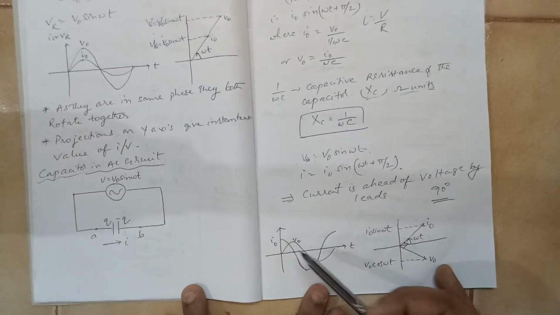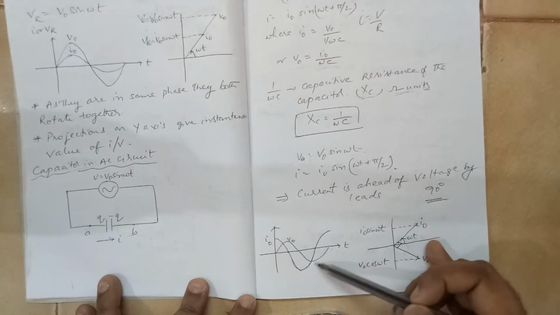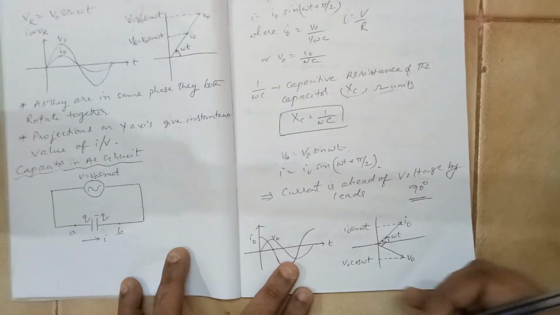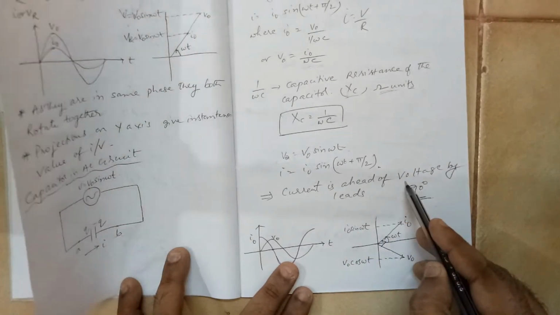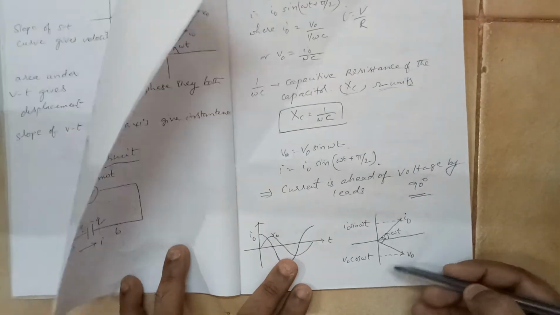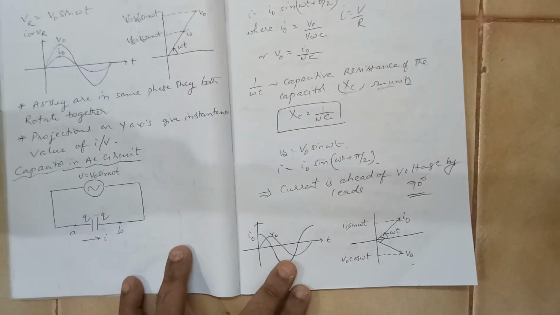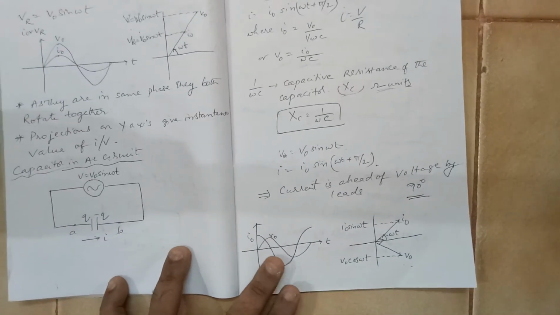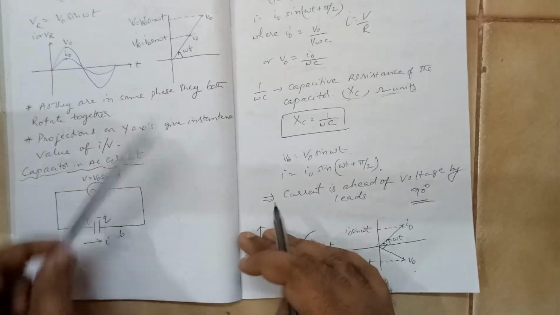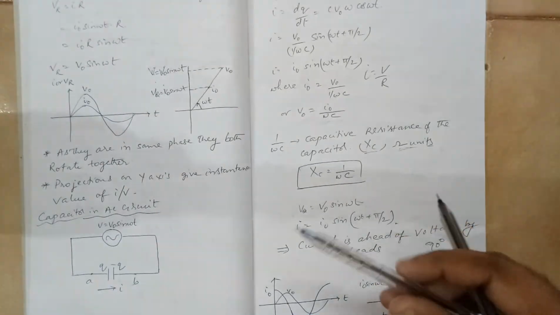So its variation will look something like this. Voltage, if it is starting at 0, the variation will be like this. Current variation will be like this. In our phasor diagram, if this is the current, voltage is behind, current is ahead. Current is ahead of voltage by 90 degrees. That means this line will be like this. The angle between I0 and V0 will be 90 degrees. Here also you can find the vertical components and you will get the instantaneous values. Okay, so this is what it is.